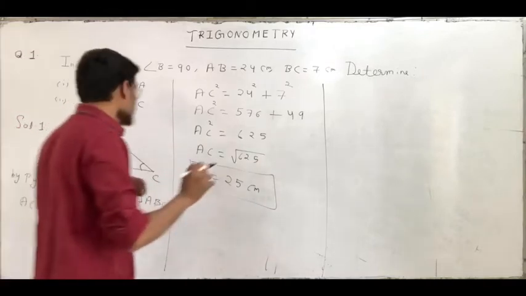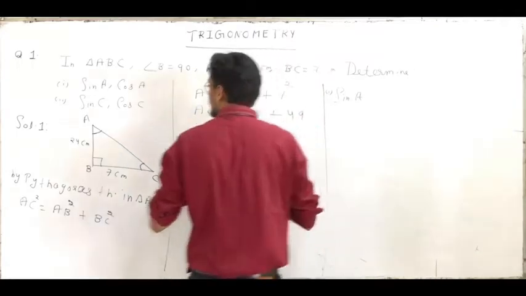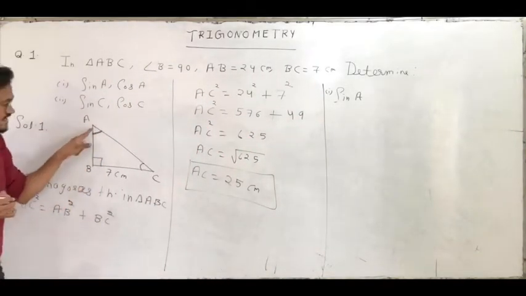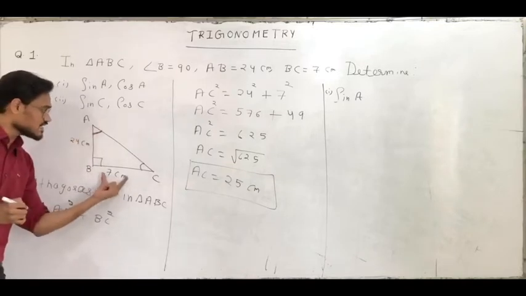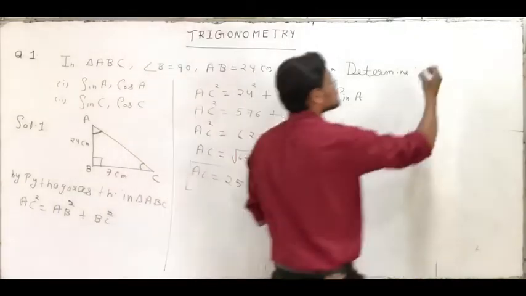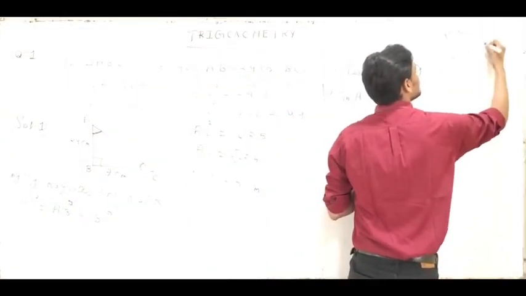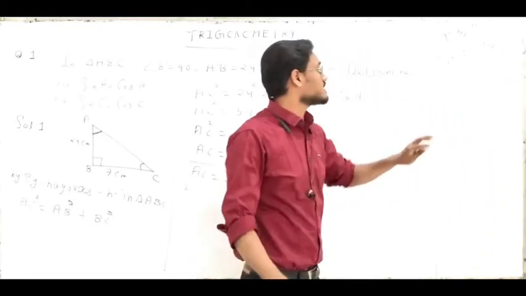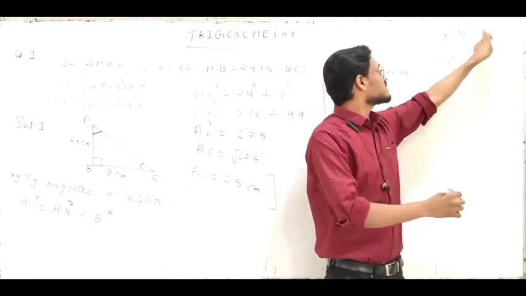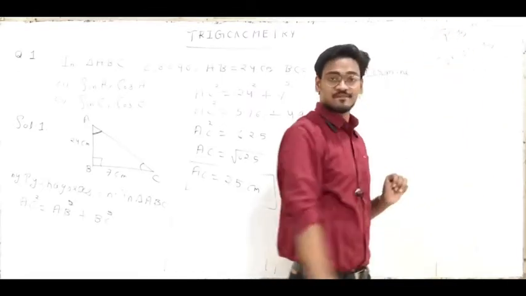Now, first of all, we have to calculate sin A. In the first part, I have to calculate sin A. See, sin A. What is the side opposite to this angle A? BC, and BC is going to be my perpendicular. First of all, don't forget this. In the last lecture only we discussed this, the mnemonic for trigonometric ratios. So it is your sin theta.